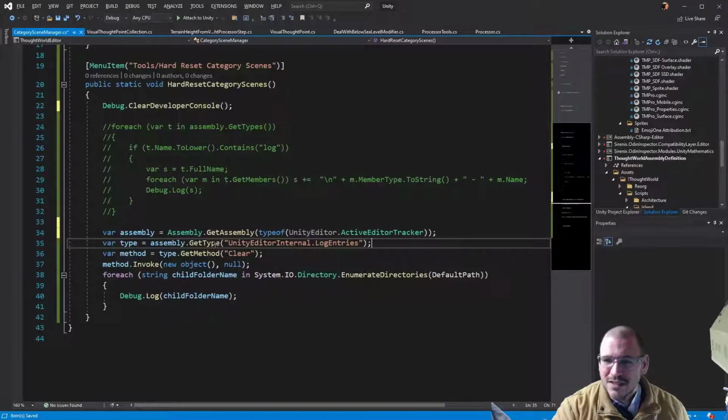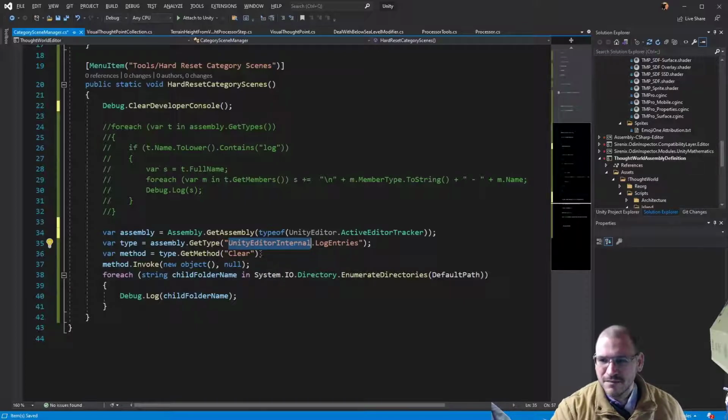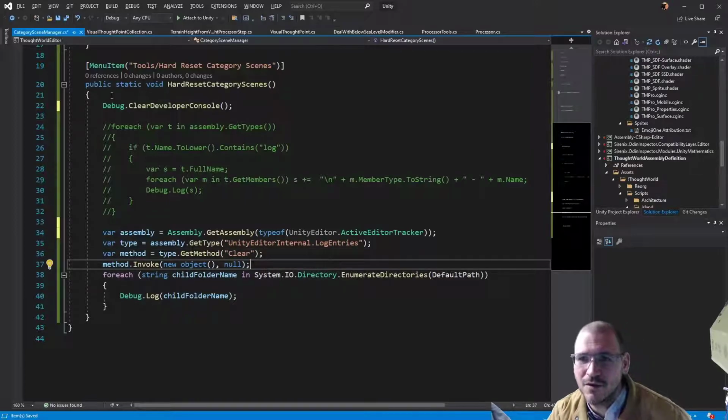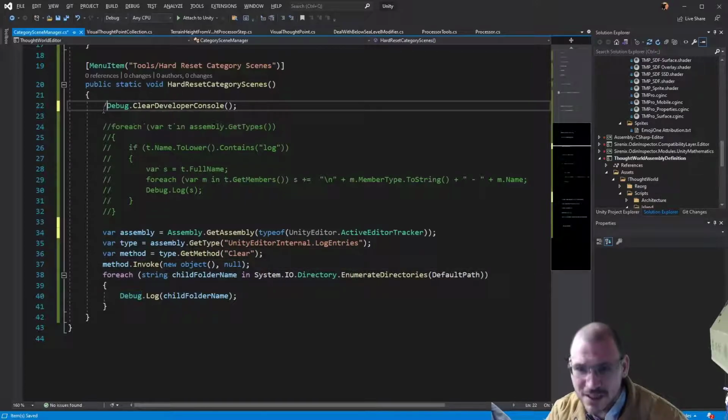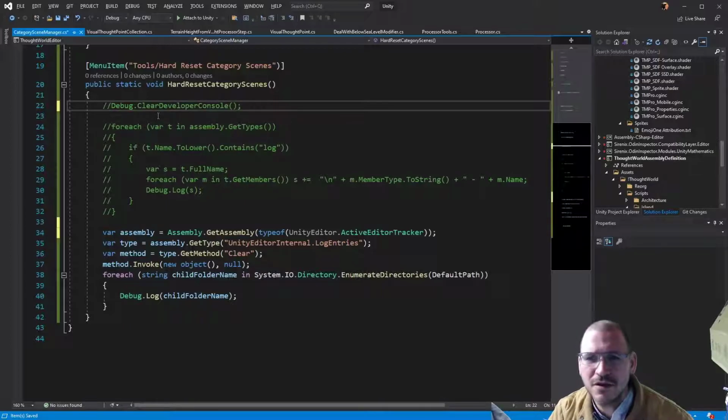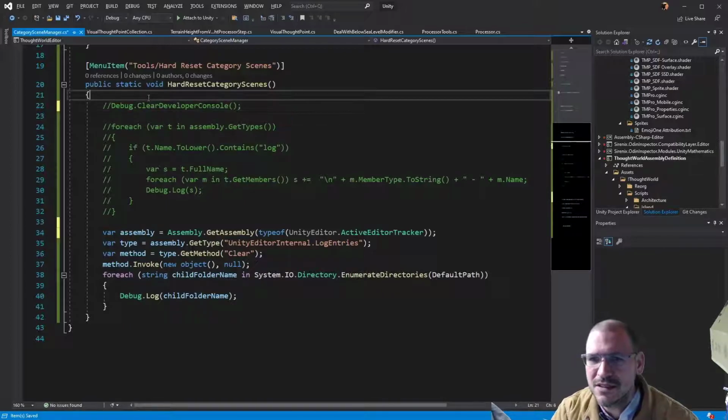So it tries to get the type from here, a specific type. So it gets the assembly for the same thing here, and then from that assembly it tries to find a different type called UnityEditorInternal.LogEntries. It's expecting to find a class like that, and then call the Clear method. Okay, great, maybe that'll work. So I'm going to comment out this old one. I'm also going to put in one more thing. I'm just going to say